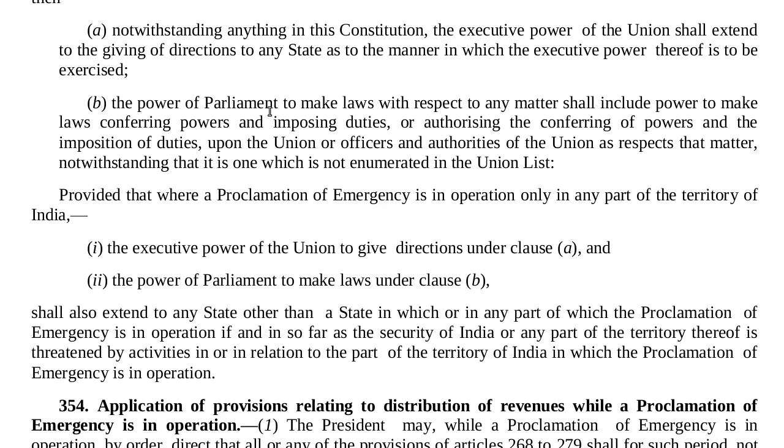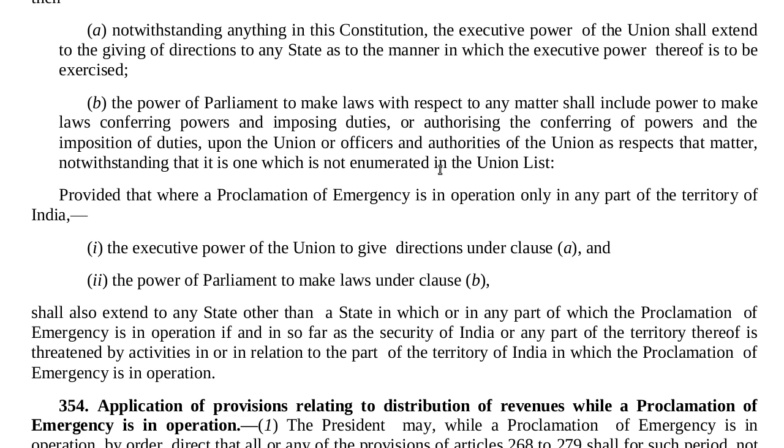B. The power of Parliament to make laws with respect to any matter shall include power to make laws conferring powers and imposing duties, or authorizing the conferring of powers and the imposition of duties upon the Union or officials and authorities of the Union as respects that matter, notwithstanding that it is one which is not